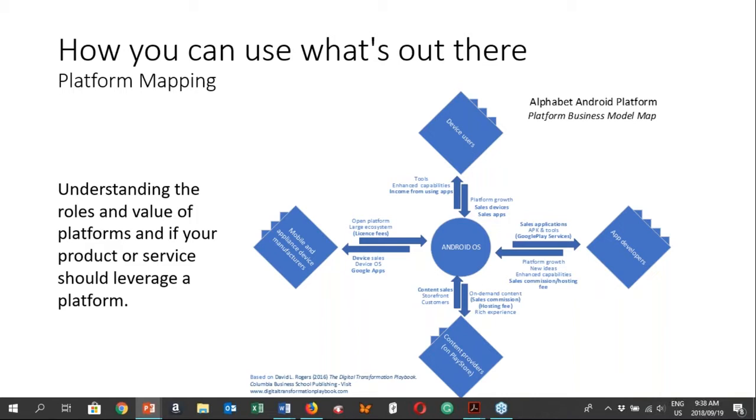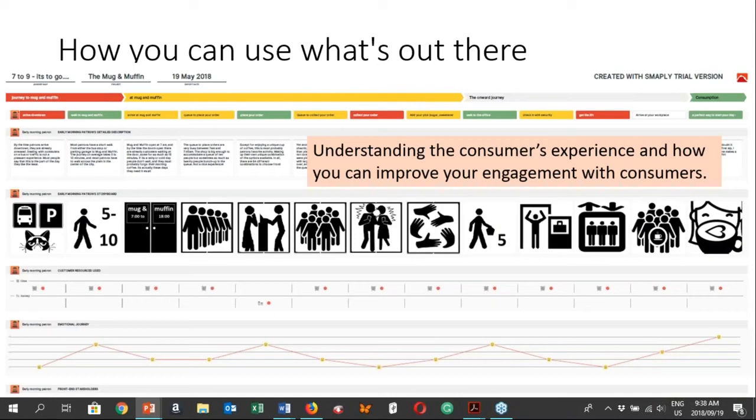Platform mapping is a technique you can use to understand if and how your organization can use platforms, what your role within that platform society or ecosystem should be or can be, and how you fit into that broader value stream or value chain.